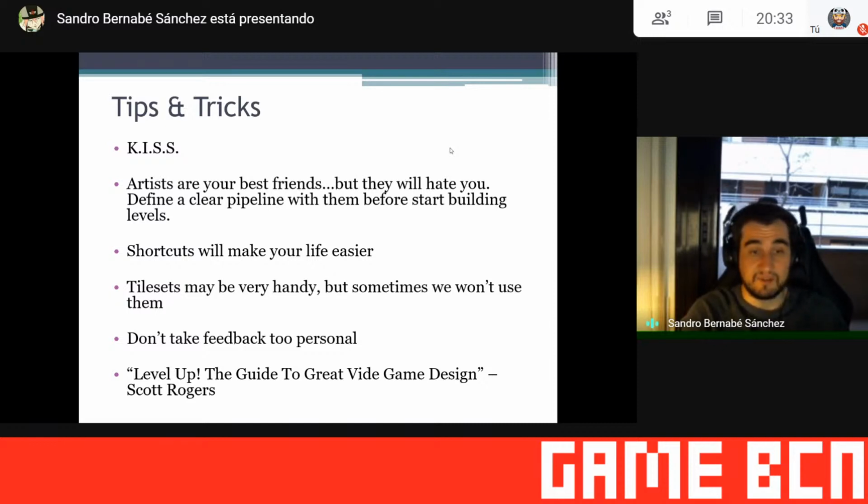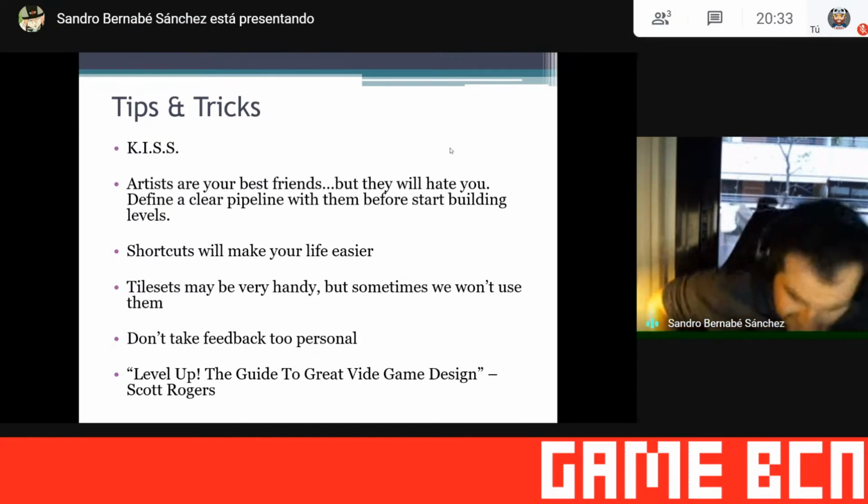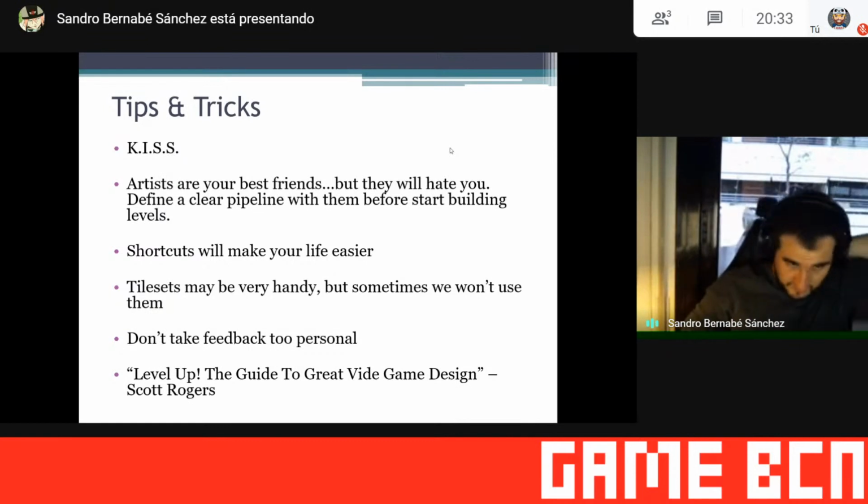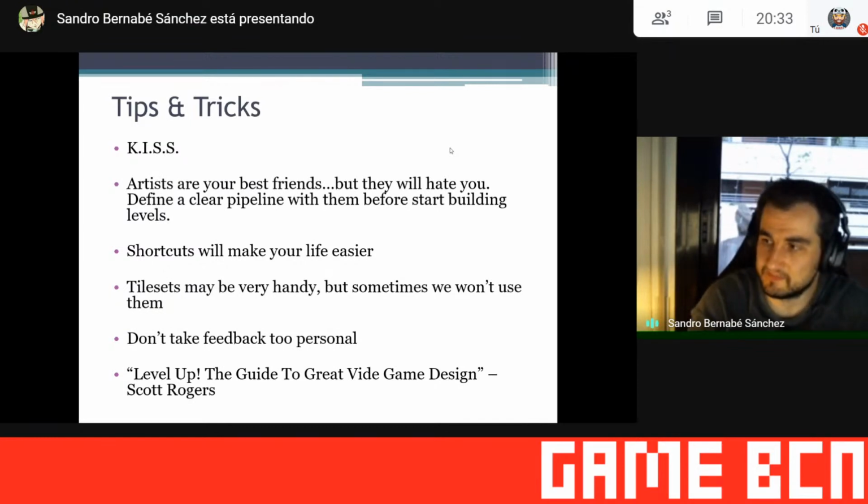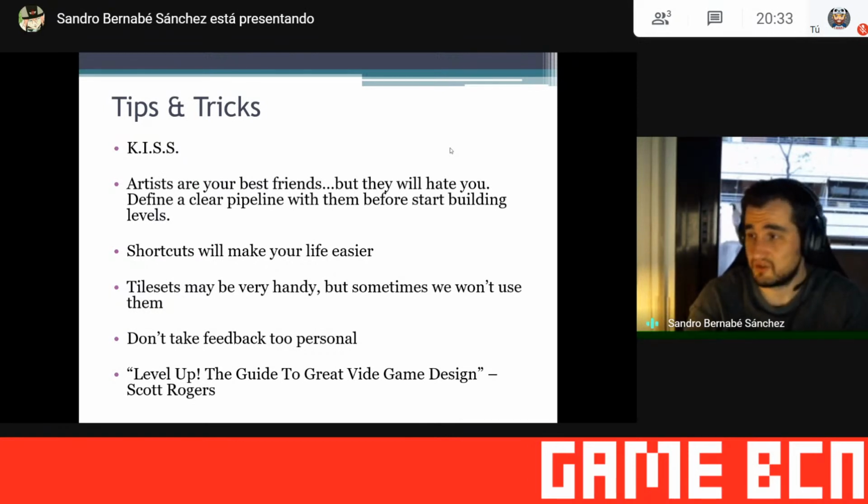Tile sets might be very handy, but sometimes we won't use them. I told you, okay, we need to create a useful tile set and use it because blah blah blah. All right, but there are exceptions, as always. There are exceptions for the rules, and in this case, just imagine we have a street, and we have let's say a fountain. Just imagine a fountain that is very important for the game, and it has a sort of unique shape. It is okay, for example, to go to BSP or to grab an artist, or if you can do it yourself with